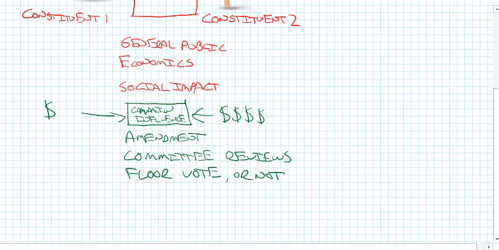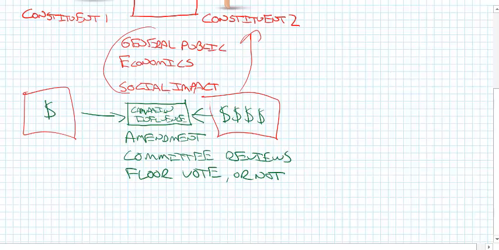Now, this may be unintentional or intentional, but what happens is that as this public policy is evaluated, instead of just talking about the issues and the data and the impact, you have influence with regards to the money involved. And so the more money that can be invested into any one candidate's campaign, the more influence, indirectly or directly, this constituent has on how these elements, general public impact, economic, social impact, are interpreted by